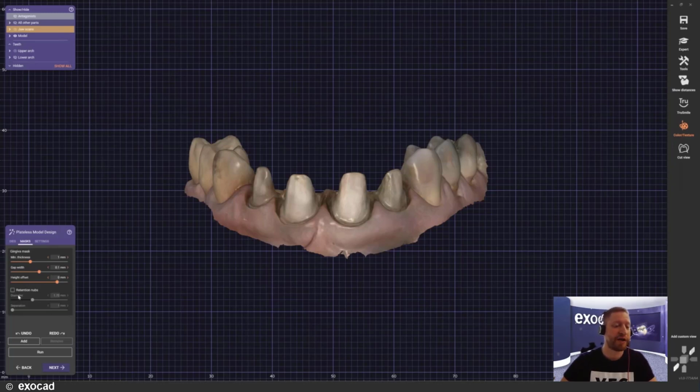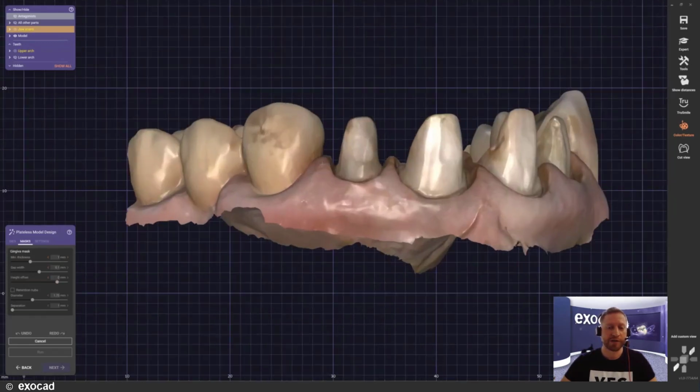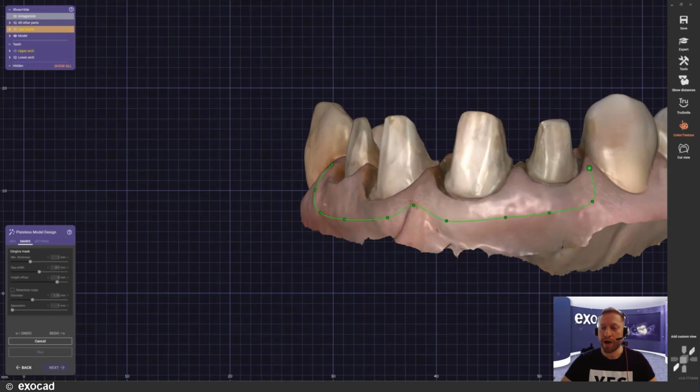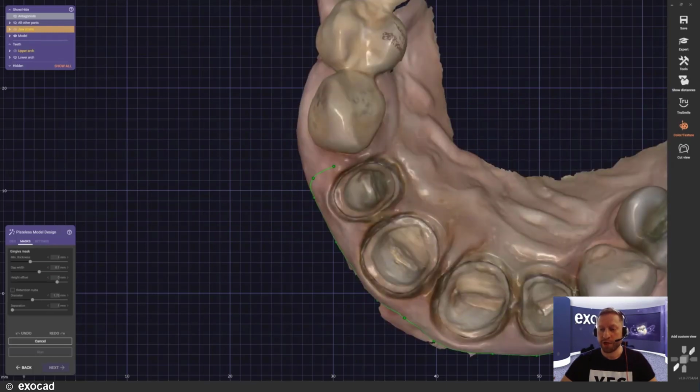You also have the chance to automatically add retention knobs for your gingiva mask as well. If you're familiar with that feature, you know how to use it and what kind of things you have to take care of with that. I just want to add one with those presets here at the moment. So I just click on add, and now I can go onto my model, bring it into position, and just start drawing as you are used to it from all our other software versions and modules. So I'm just gonna go around here, make sure that I don't hurt the margin line, give it a very nice shape.